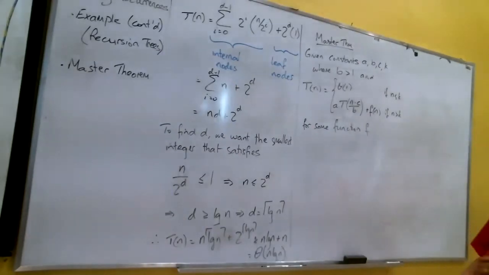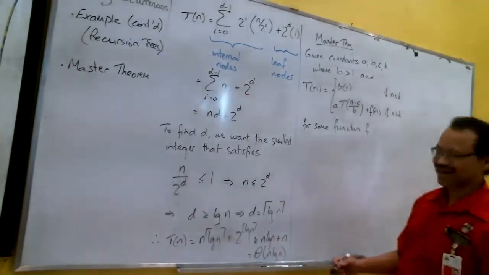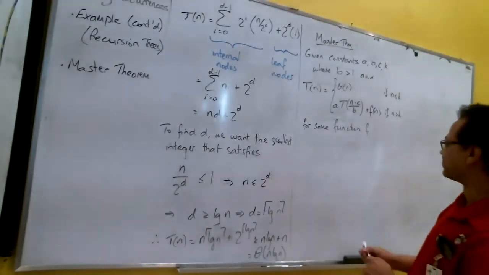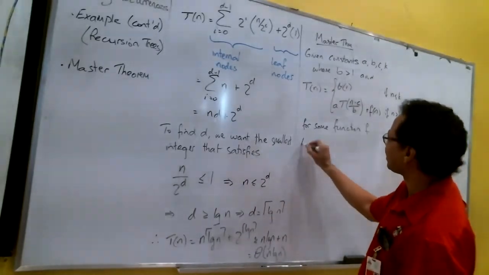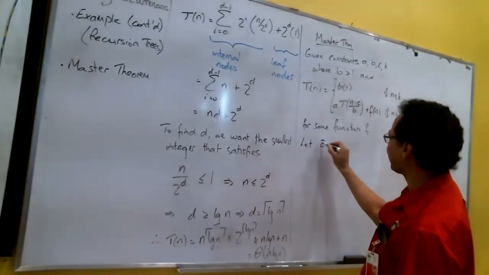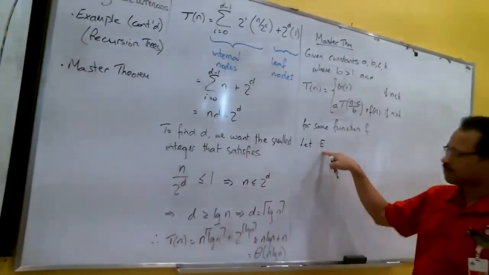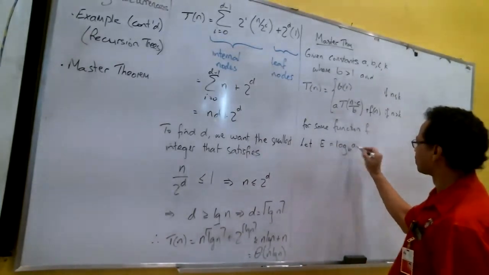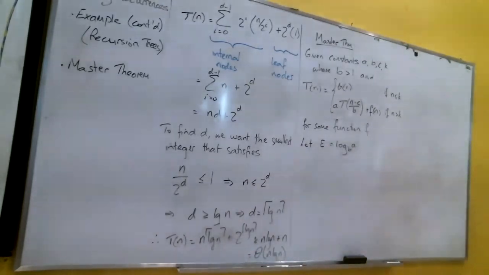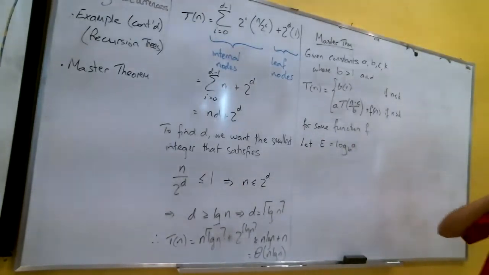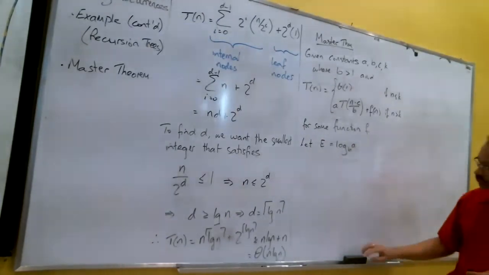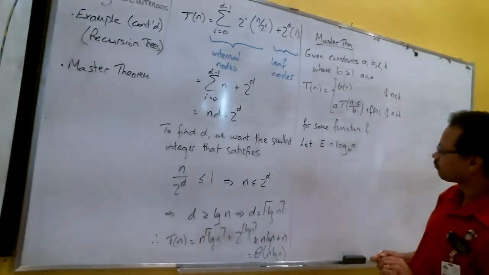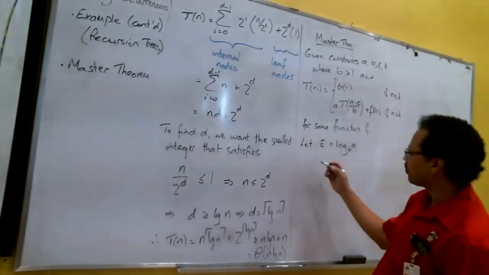Let me just write it, and then I can explain it after. Here we go. So let E, we're going to call this a critical exponent, be log A base B. We need to compare